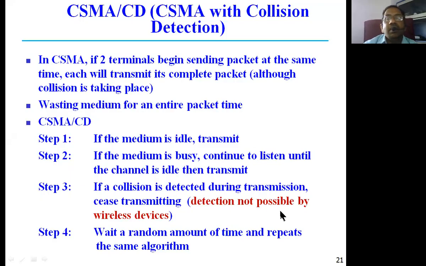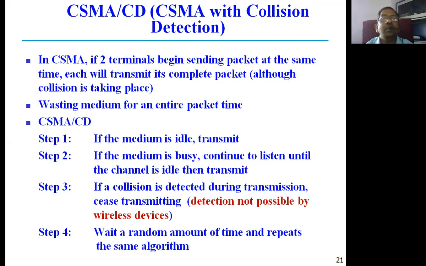See here, in the case of CSMA, if two terminals begin sending a packet at the same time, for example, let us take a condition here. At the same time, two nodes or two mobile stations or two terminals have begun sending their data. Each is going to transmit its complete packet, whatever packet it has to send. That's something like a burst logic. Usually the mobile stations transmit like a burst signal. Burst means all the bits in a packet get transmitted in a burst fashion in a given time.